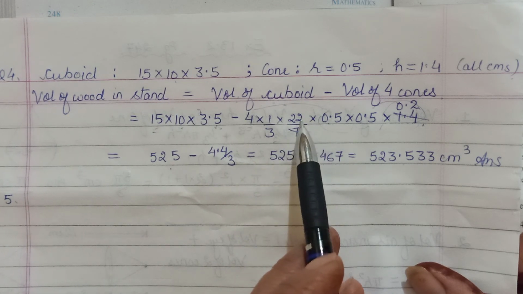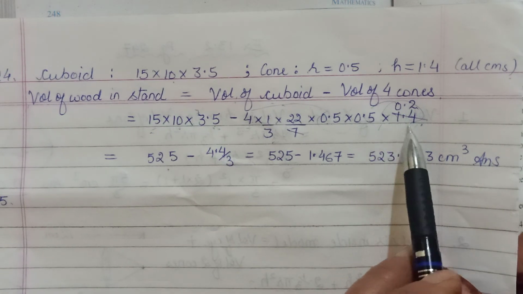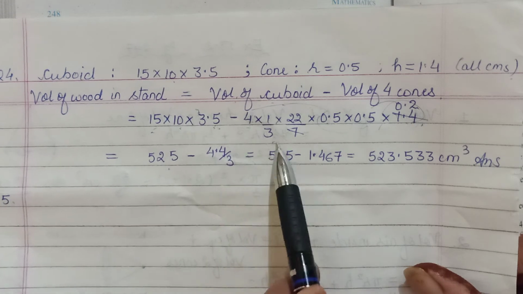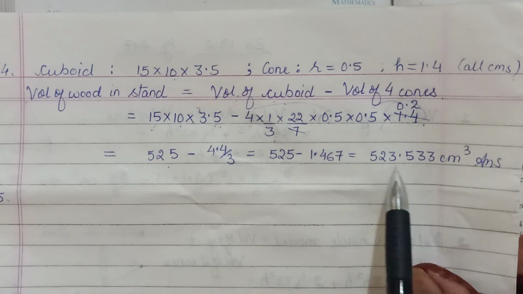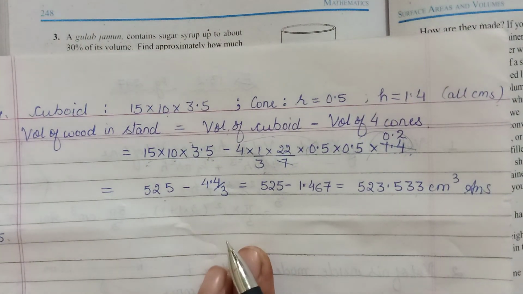2 into 22, that becomes 44, and from here 5 2 becomes 10. 1 because there were 2 decimal places, so 4.4 upon 3 was left in the denominator. 7 was cancelling. Divided by 3, subtract it and get your answer. Okay, so all questions are easy. You just have to sit and visualize a little bit, know your formulas and your calculations.